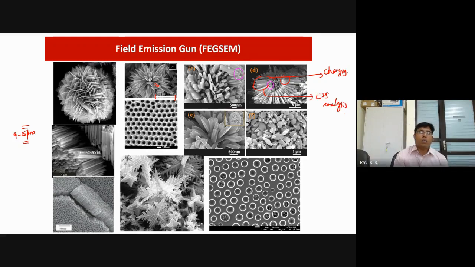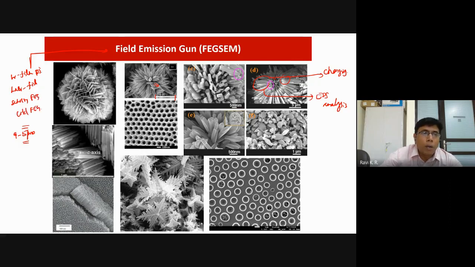So all these images are taken in the field emission gun scanning electron microscope. You cannot obtain this kind of microstructure in a conventional thermionic principle based microscope. But the main point I'm saying is, if we talk about TEM, the fundamental principles are almost the same. In TEM also we have a tungsten filament, a pin based filament. In TEM also we have a LaB6 filament. In TEM also we have the same Schottky FEG and cold FEG.